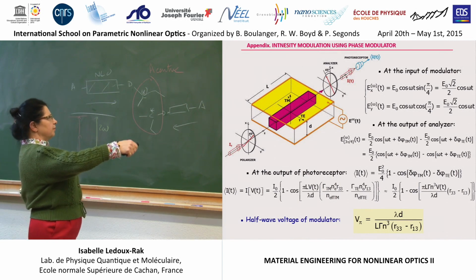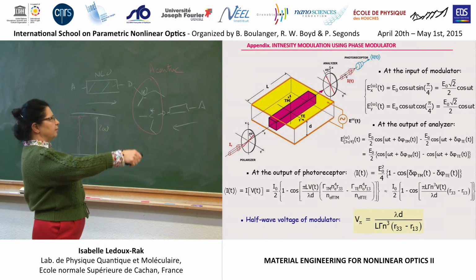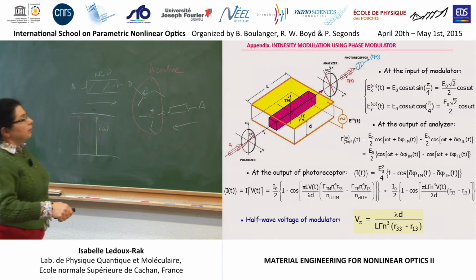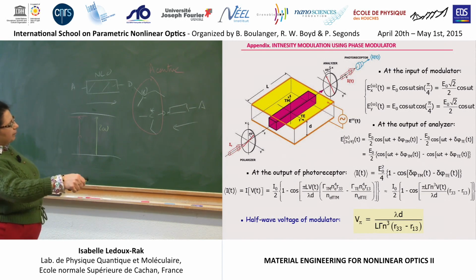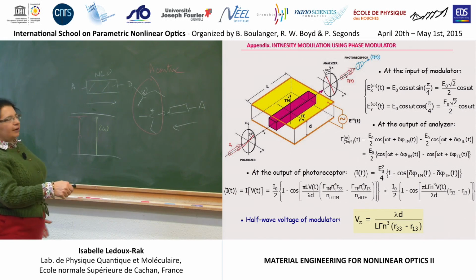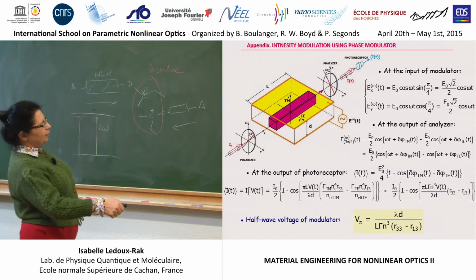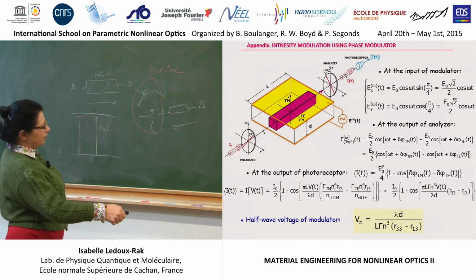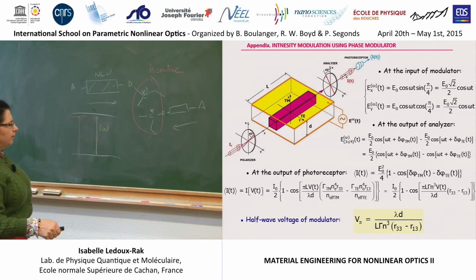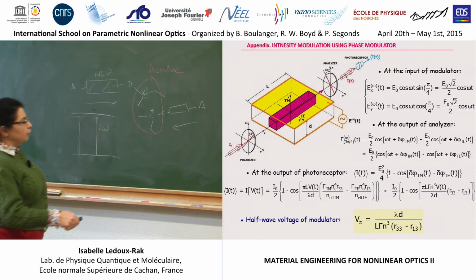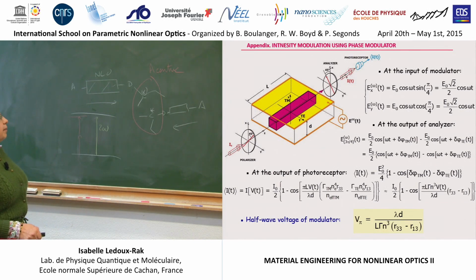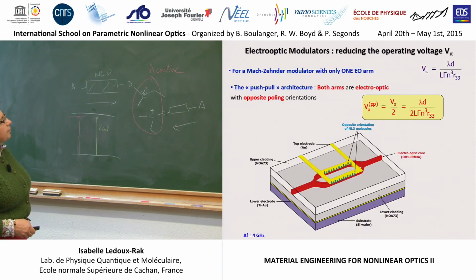So the phase modulator is transformed into an intensity modulator by placing it between two cross polarizers. You can express at the input the two orthogonal components of the incident field. At the output, after applying V-pi, you have introduced an additional dephasing factor, and you calculate the intensity at the output after the second polarizer, and it's expressed as this. You have this kind of expression, and you define this V-pi as this term.